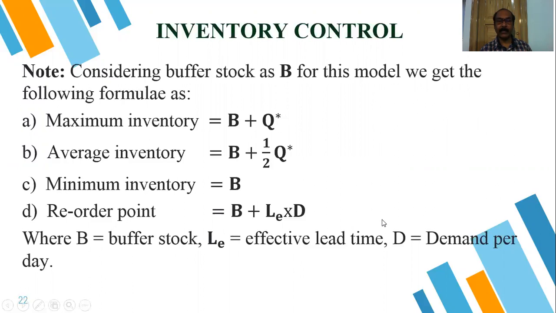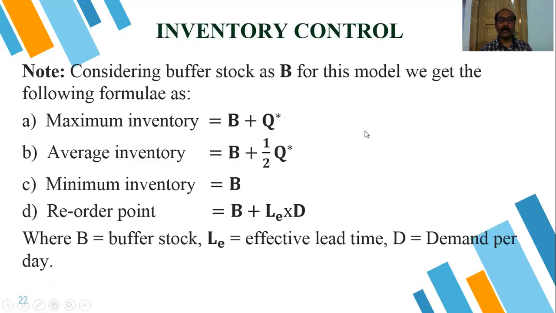They are using the database. In a database, they are keeping the inventory information, that is the maximum inventory. What would be the maximum inventory? When the inventory crosses the maximum inventory, that is the stock level, we are not placing the order. Average inventory, that is the buffer stock plus half Q star, that is our average inventory. We can call it B plus, buffer stock plus average inventory. Minimum inventory basically is our buffer stock, that is the minimum level.